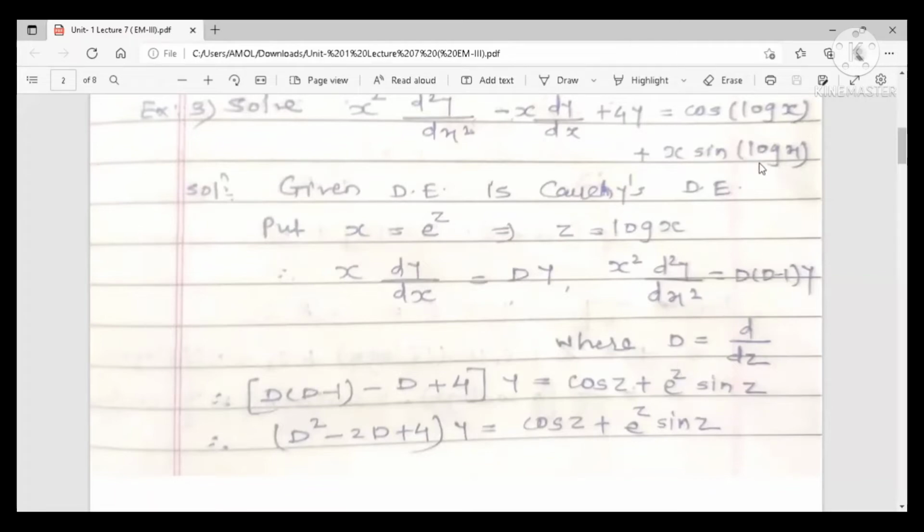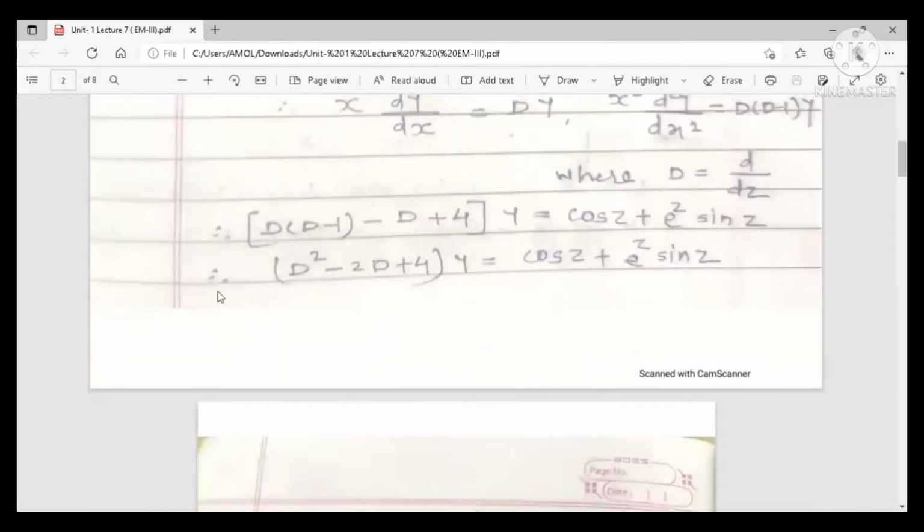Sine of log of x. Log of x is equal to z, so replace that log of x by z. So in the RHS, the term is cos z plus e raised to z into sine z. And now simplify the bracket term, D into D minus 1 minus D plus 4, as D square minus D minus D plus 4, means D square minus 2D plus 4, into y is equal to cos z plus e raised to z into sine z. This is the simplified form,